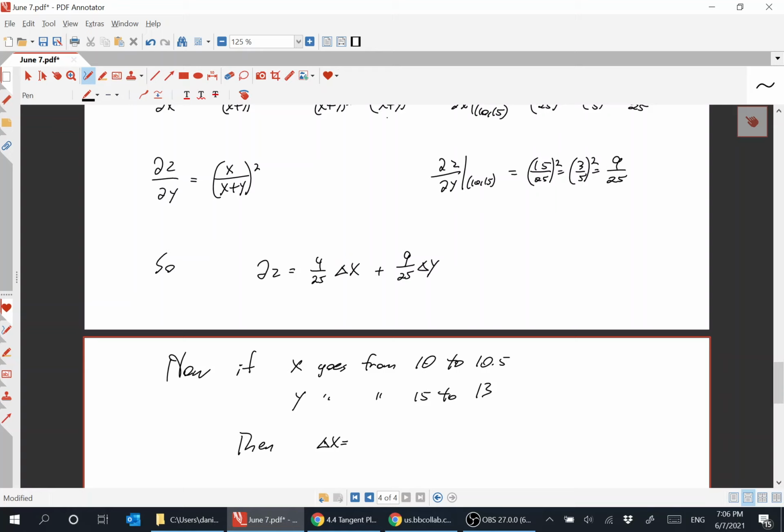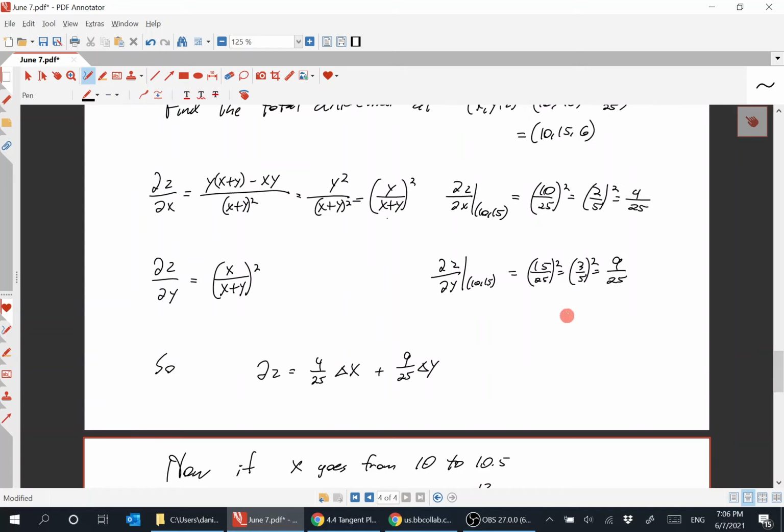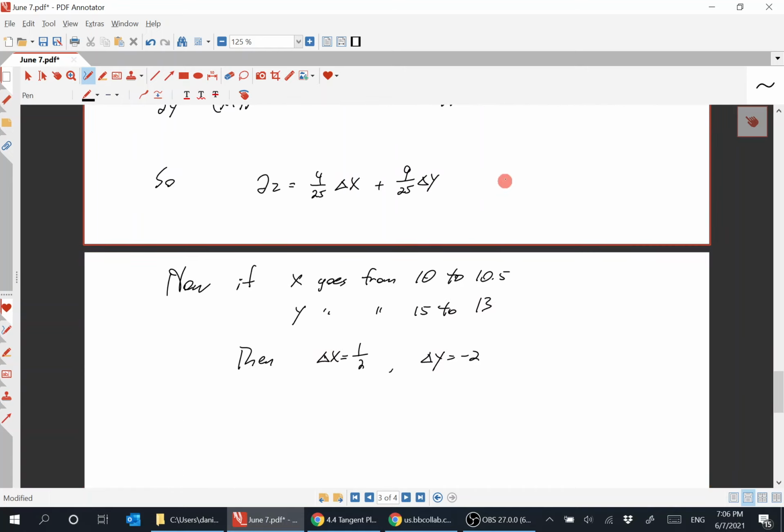It's a half. Did we add it or subtract it? We added it. So the delta x is a half. And the delta y, well, we subtracted 2. So that's minus 2. So the total change for these values of delta x and delta y